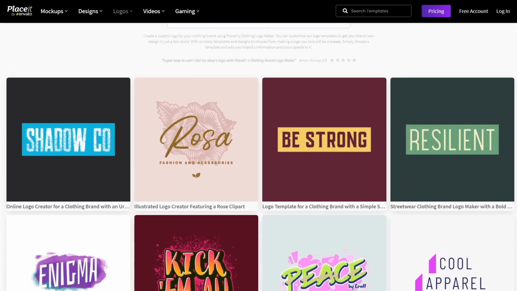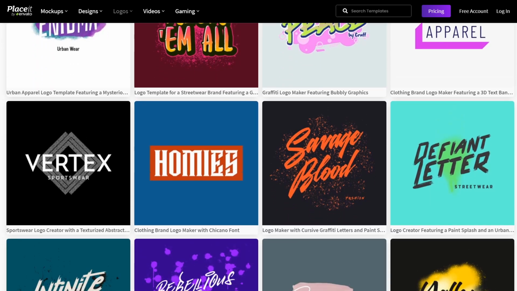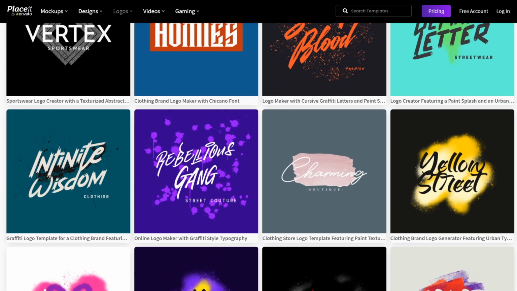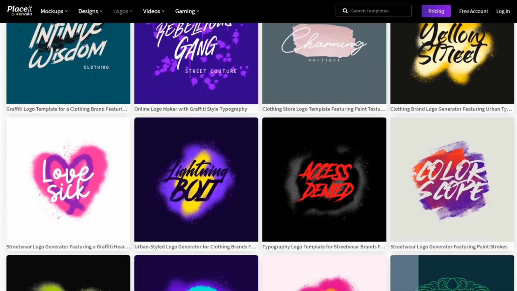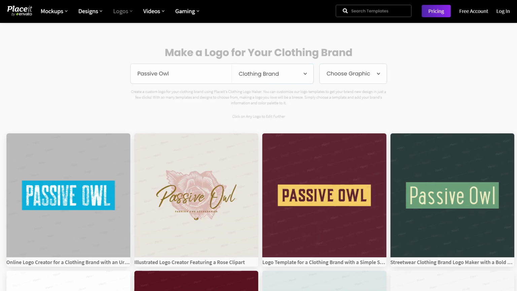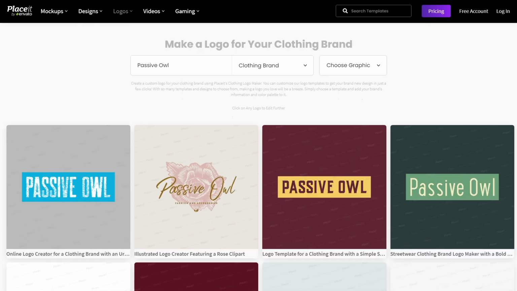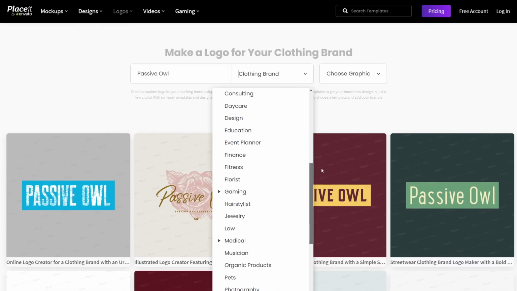What I look for here is a font that I like, as well as any images or shapes that can be used. Everything can be edited, but it's good to start off in the right direction so there's less work for you to do. If you know what text you already want, you can type it in here to see what it'll look like. Placeit will then insert your text into all available designs for you to see and decide what looks best. You can filter by other categories if you want to check out different templates.